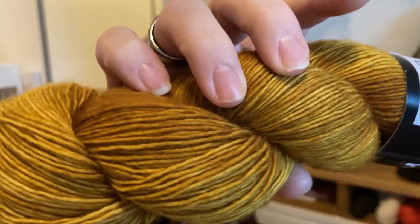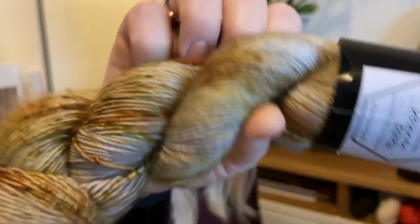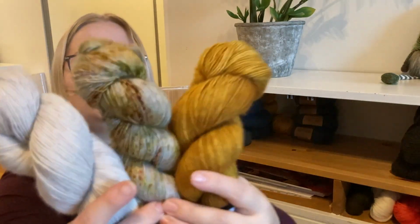I will show them one by one. So this is just absolutely stunning. These are merino singles, and they go together very well. And they are going to become